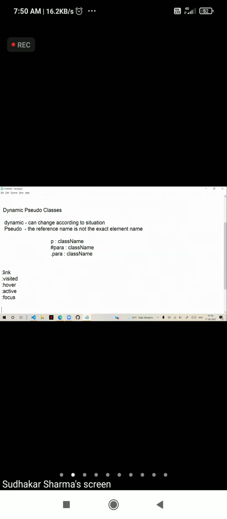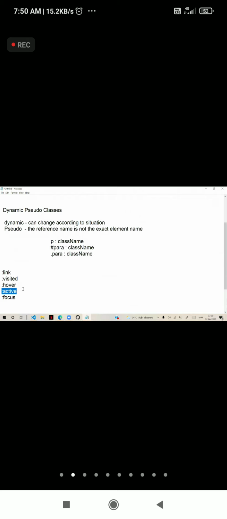Actually, link and visited are used for hyperlinks. Active is also for hyperlinks. Link, visited, active, these are for hyperlinks. Hover and focus can also be used. Focus is used for form elements.